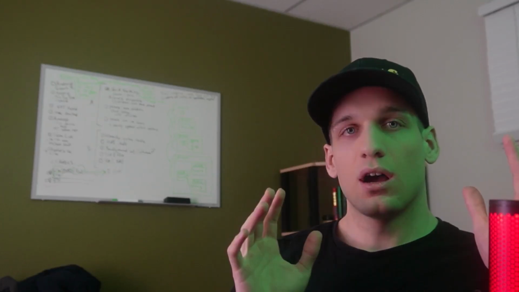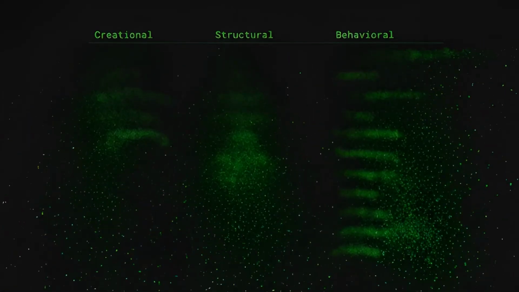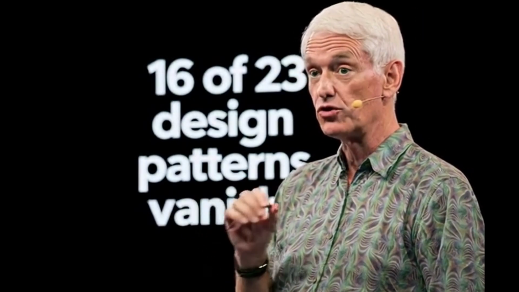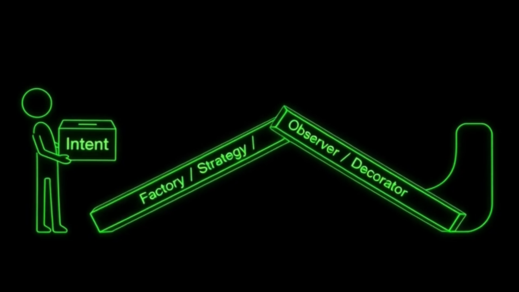If patterns are so foundational, why do they sometimes just vanish? This is where we arrive at the line that should permanently change your relationship with best practices. In 1996, Peter Norvig published a slide deck with a claim that sounds impossible until you stare at it long enough. 16 of the 23 classic Gang of Four design patterns are invisible or simpler in languages like Dylan or Lisp. Not useless, not wrong, invisible.